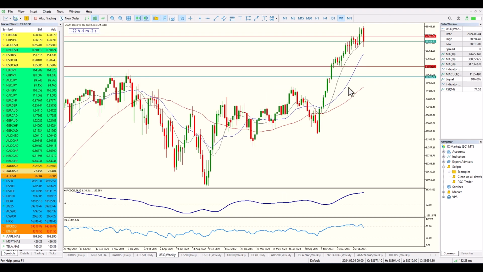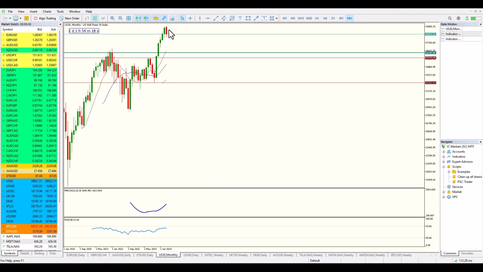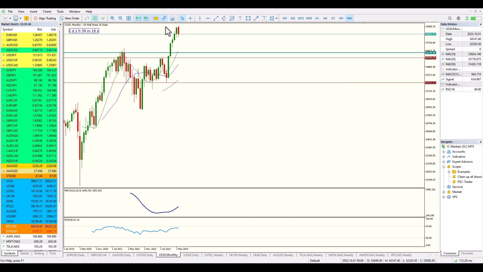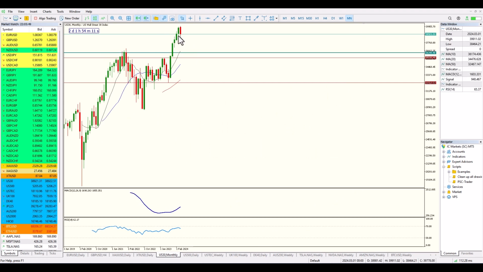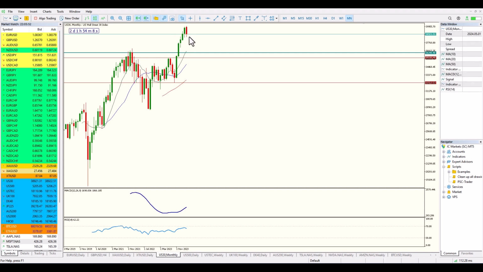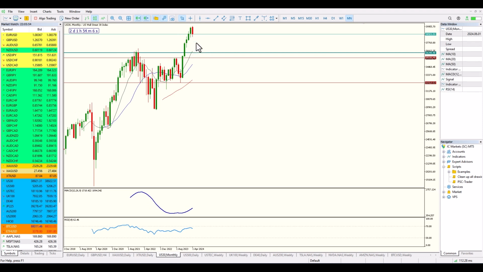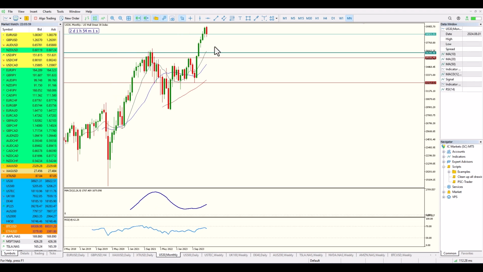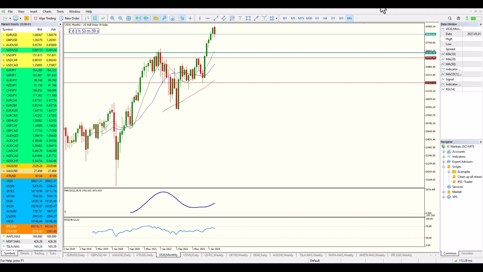If we have a quick look at the global indices, they are starting to stumble. They've had a really, really good run from a monthly perspective. They're starting to produce bullish candles. And what I'll be looking forward to seeing over the next couple of weeks is, are we going to get a monthly or weekly retracement? In other words, is this the beginning of a potential normal healthy pullback, but on the higher time frames, on the weekly or monthly, bringing it back into the previous highs, maybe perhaps doing a 50% retracement, for example.